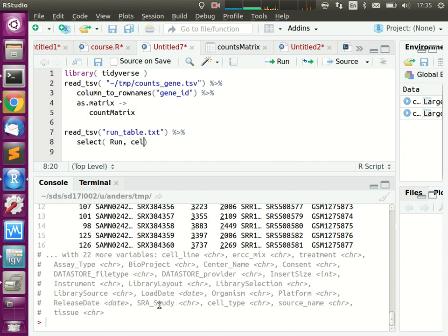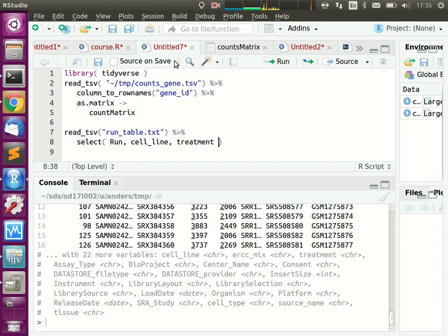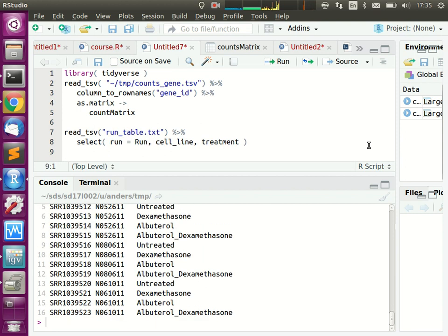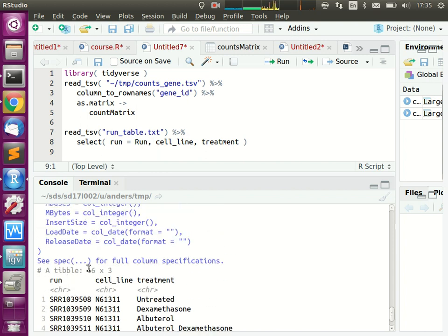Cell line and treatment, I think. Let me quickly look here. Run, cell line, treatment, that's what I had. So here now we have them, and I had here the word run. I changed this to small letters such that it's consistent. Now we have here our run table, which works,